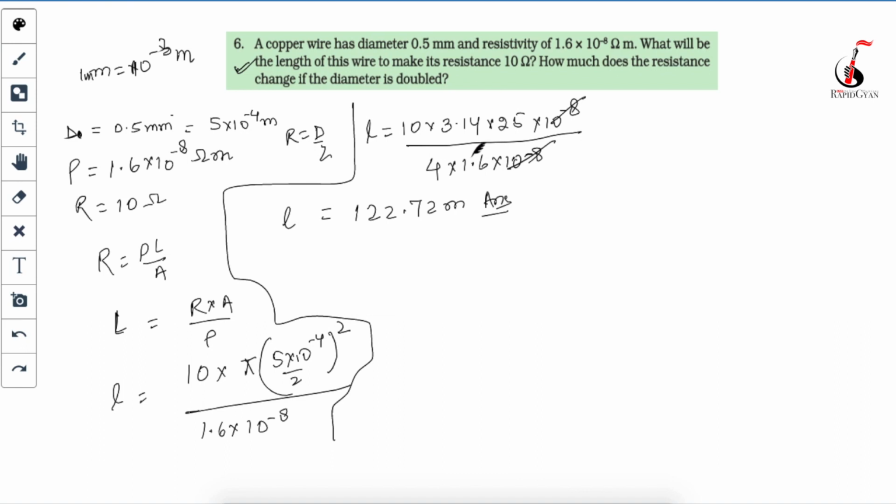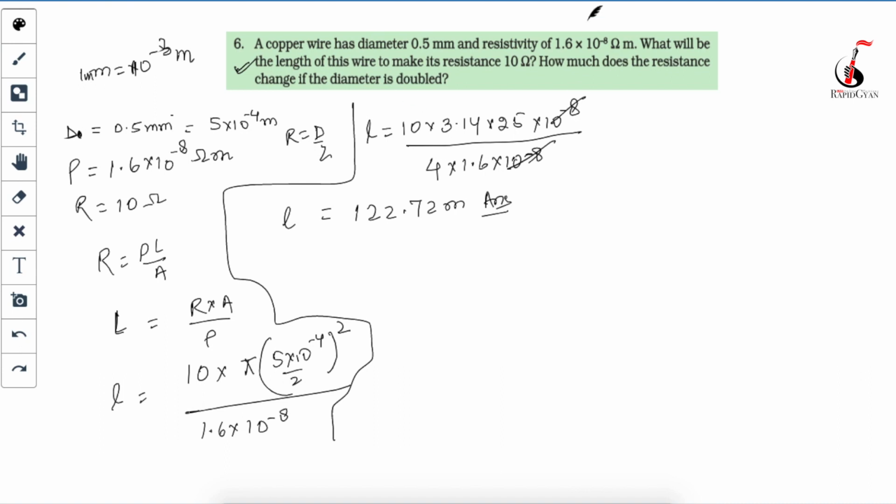Guys, I'm not going to do the full solution. I'm expecting that you can do the solution. If any one of you feels that they cannot solve this, please feel free to drop me an email at info@rapidyarn.com, and I will reply to that email. I will try to make one video and send it to you guys, but I am expecting that all of you are aware of this simple multiplication and division. Okay, so your first part, what is the length of this wire, has been solved.